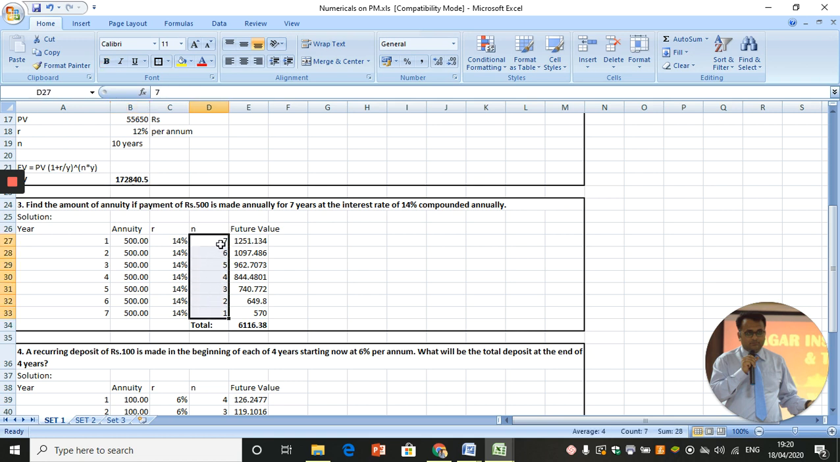So the first installment which you are depositing will get 7 years to get compounded. This will get 6 years, then 5 years, 4 years, 3 years, 2 years, and 1 year. So the first 500 which you are depositing will get interest for 7 years. This one will get for 6 years. This one will get for 5 years. Similarly, this one will get for 1 year only. And what will be the future value? Future value will be